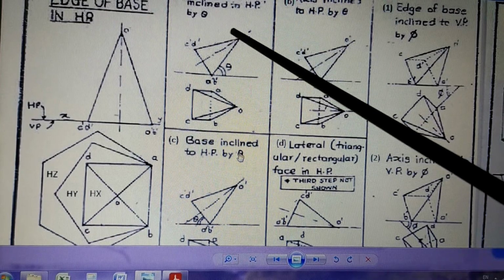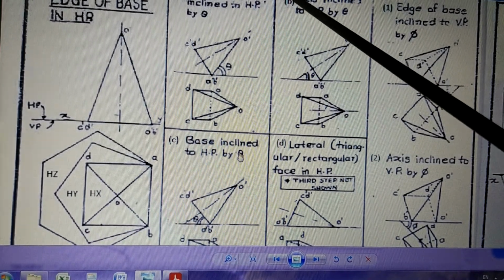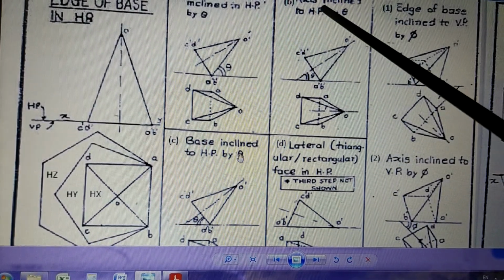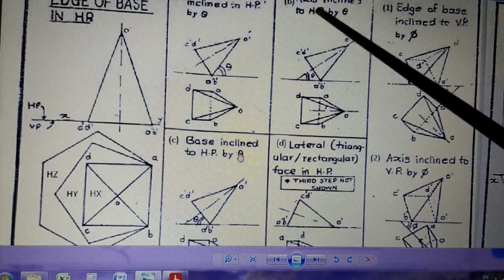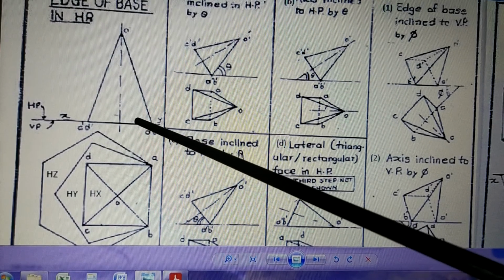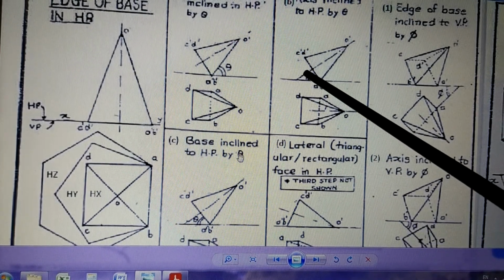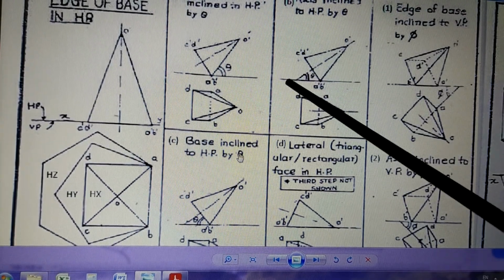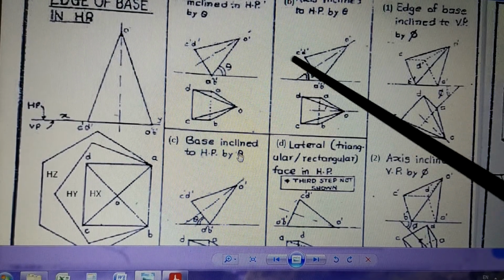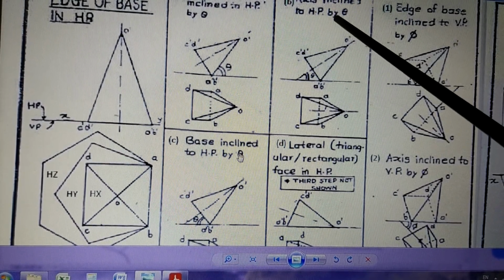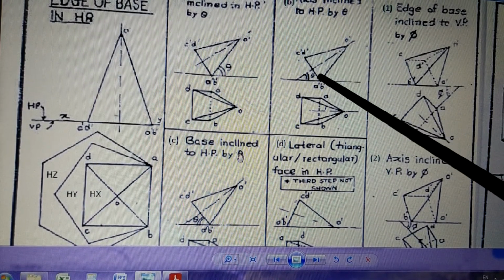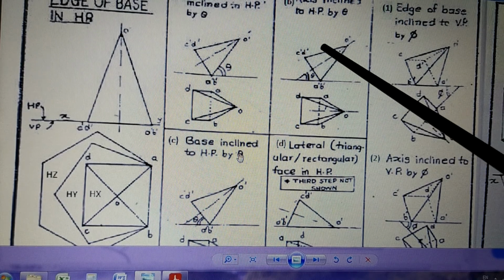So we have shown the inclination of the solid by a certain description of inclination. Now this description of inclination can be written by different methods. One is by this method, that is, the lateral face is making this angle. Somebody can say the axis is making some angle with HP. That means this axis, right now it is 90 degrees. Now this angle will be some other degree instead of 90 degrees. So you can see here, angle theta is given, the axis is making an angle. This is the way it is given as data. So the inclination will take place by making use of this information. So this triangle is drawn again by this inclination in this position as its final position in the inclined condition.